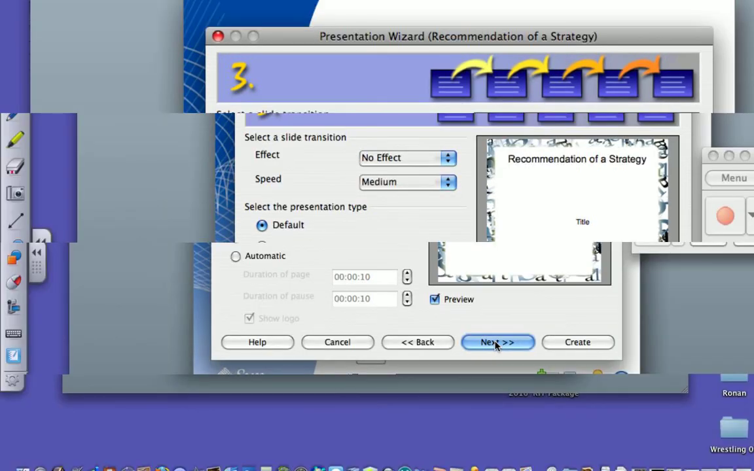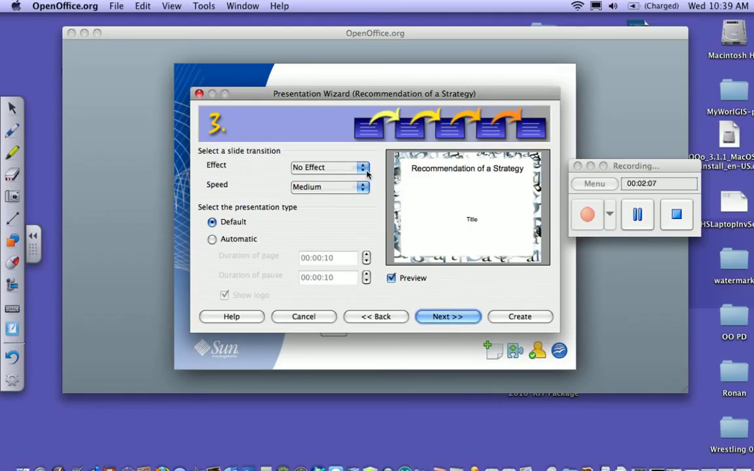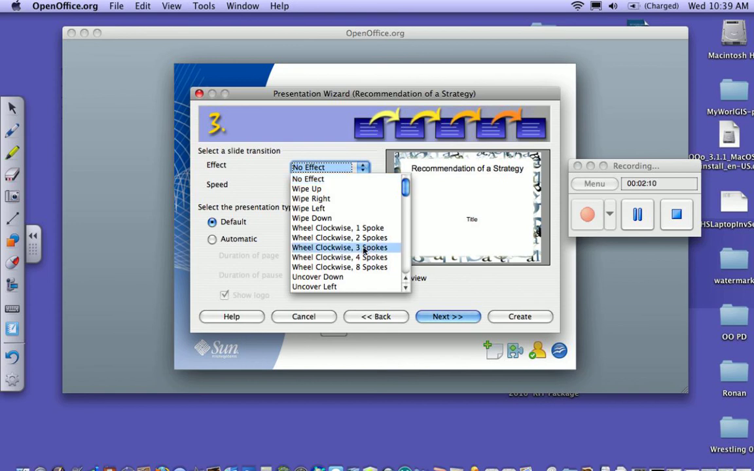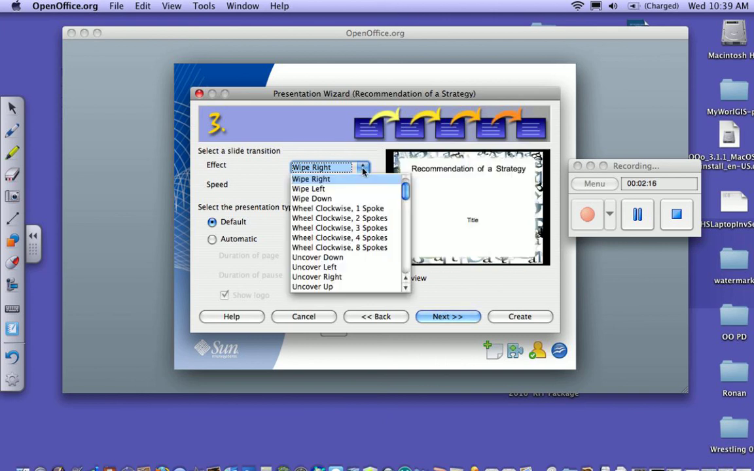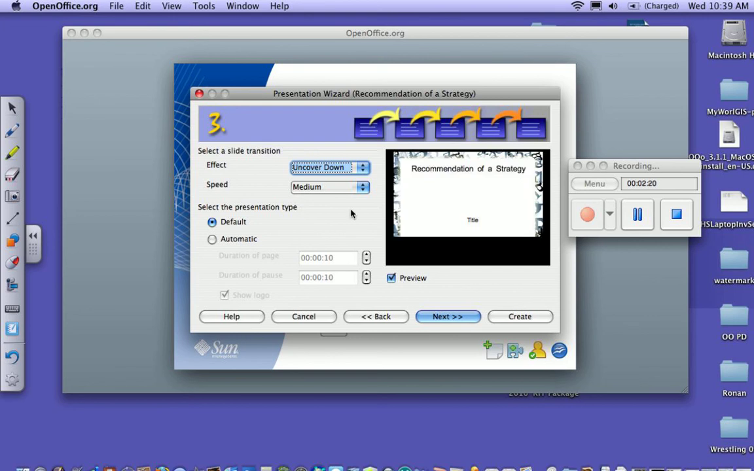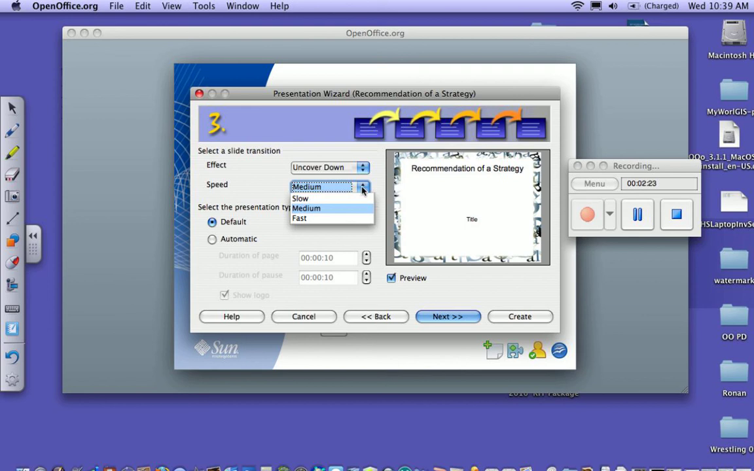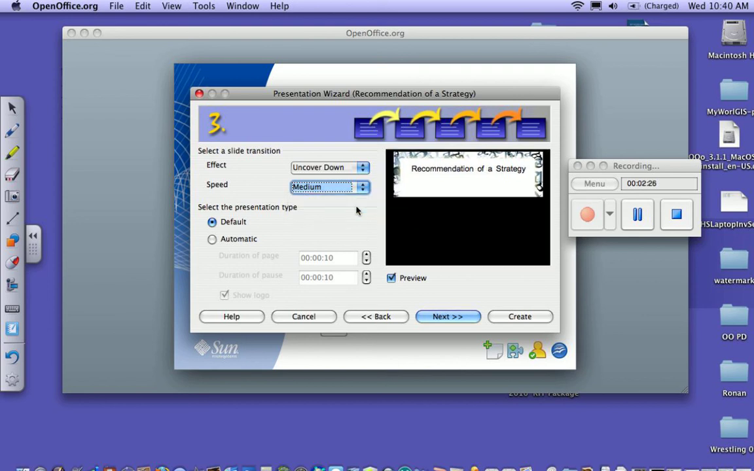Now I get to pick the slide transitions. I can create any of these effects, and again, we're in our preview pane, so I can select wipe down and have an idea of what that looks like without actually creating the presentation. I'm going to stay with uncover down, and I can either choose slow, medium, or fast. I'm going to go with slow,